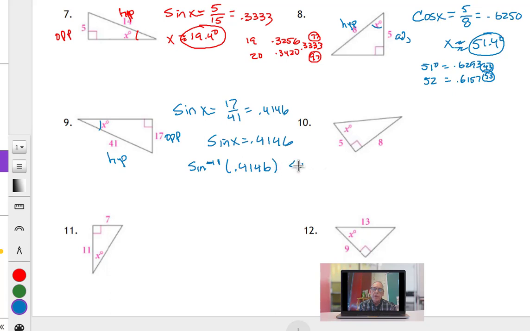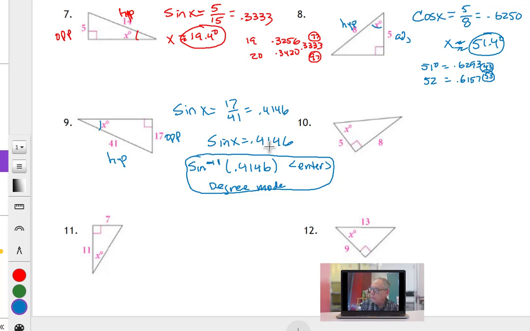And we would enter, as long as our calculator is set for degree mode, it'll give us the angle measurement. Now what I'm doing is using a table of values that have already been computed, and I'm looking down the sine column to find the closest angle to 4146. So 4146